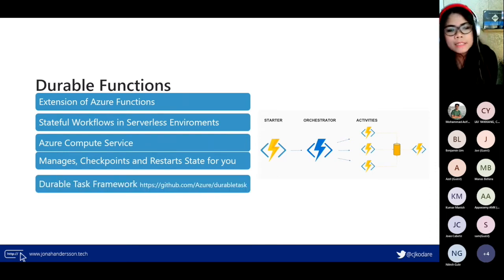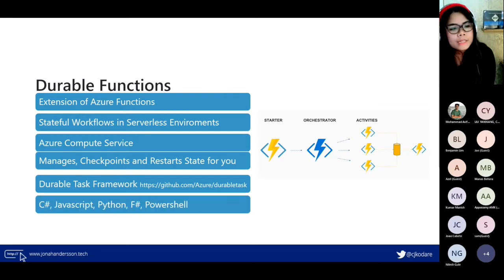The technology behind it is the Durable Task Framework, which you can see in this GitHub repo. Common languages supported include C#, JavaScript, Python, F#, and PowerShell.